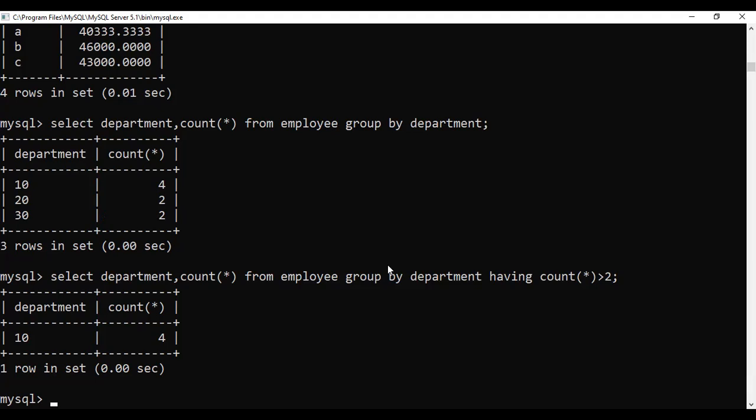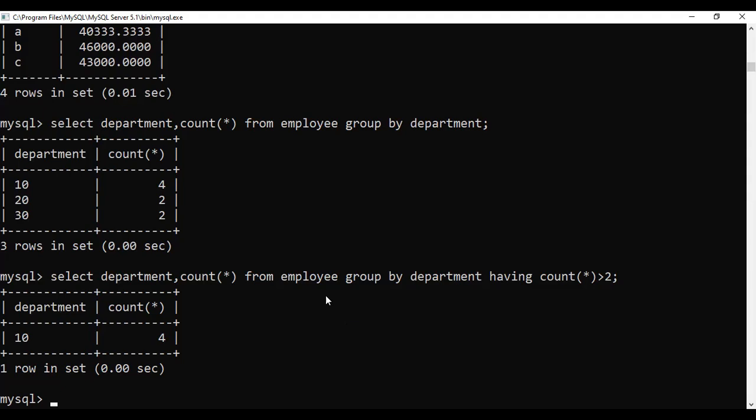ORDER BY is for sorting the data. GROUP BY is for summarizing the result. What is the difference between the WHERE clause and the HAVING clause? The WHERE clause gives a condition for individual rows, whereas the HAVING clause gives a condition for the groups. WHERE returns a result for each row, but HAVING filters on the aggregated result. So these are the SQL commands and clauses you have to study.